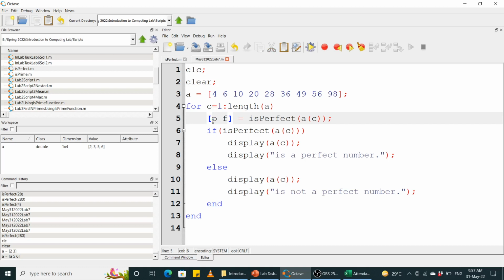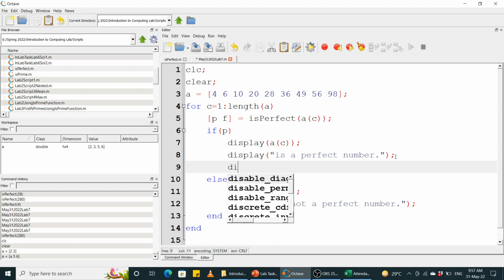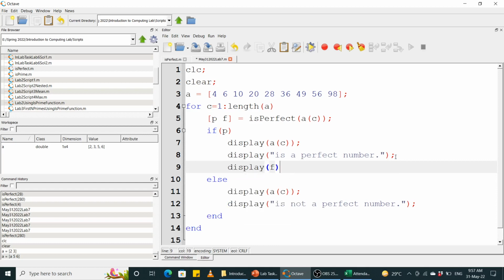अच्छा, तो P में हमारे पास y की वैल्यू आएगी, F में हमारे पास फैक्टर्स स्टोर होंगे। तो यहाँ जो इफ कंडीशन है इसमें फिर हम P को चेक करेंगे। अगर P ट्रू है तो इसका मतलब ये है कि ये नंबर परफेक्ट नंबर है, ठीक है। तो हम कहेंगे कि AC इज अ परफेक्ट नंबर और फिर हम उसके फैक्टर्स डिस्प्ले कर देंगे, डिस्प्ले F, ताकि हमें पता चले कि उसके फैक्टर्स कौन कौन से थे। और अगर फर्ज किया P ट्रू नहीं है तो हमें पता लगेगा कि AC परफेक्ट नहीं है। इन दैट केस एज वेल हम उसके फैक्टर्स डिस्प्ले करना चाहते हैं कि उसके फैक्टर्स क्या हैं, ठीक है,